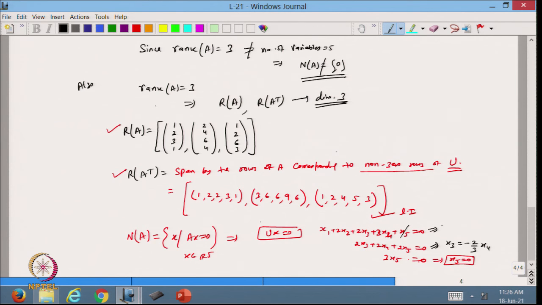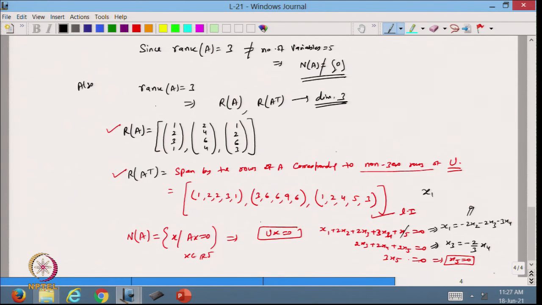Now, from here I can write my x1 is equal to minus 2 x2 minus 2 x3 minus 3 x4, and from here I can substitute the value of x3 here. So, that gives me,